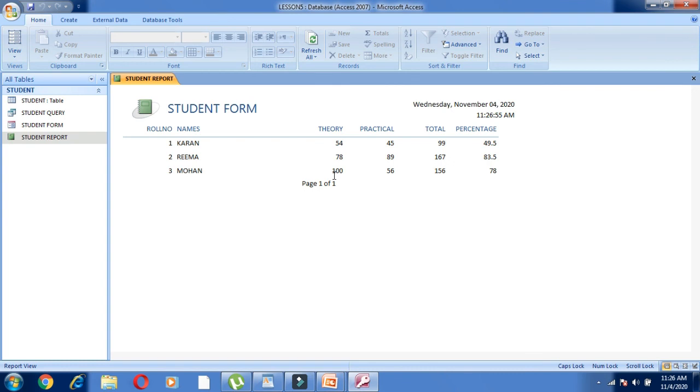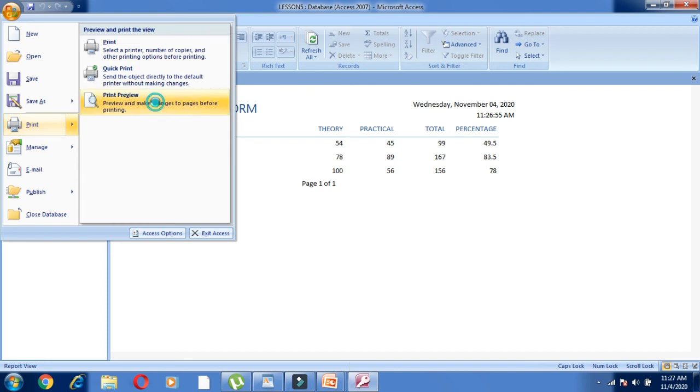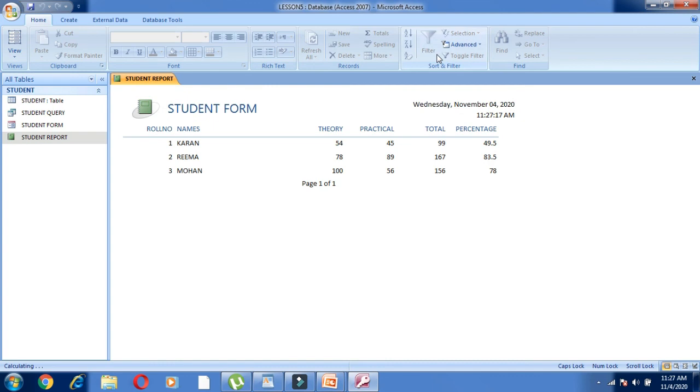So what is a query, children? Queries are the conditions we apply. The form is the interface, and reports are actually the summarized part, the printed part, which you can print. Like you can go for the print options. You can see in the print preview how the report looks. So we can print the report. So this is our chapter 5, that is working with queries.